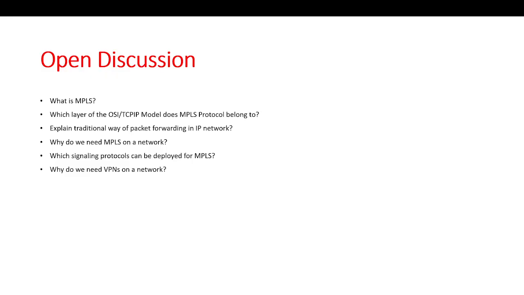Because of its speed, number one, it routes traffic fast. It also supports a number of services, and it helps us to efficiently manage the resources, because of traditional routing, for example, let's say